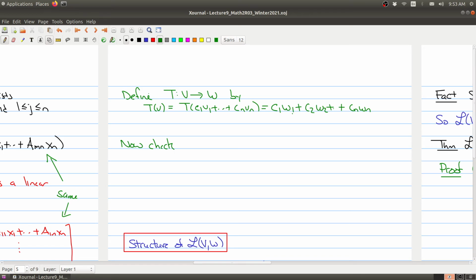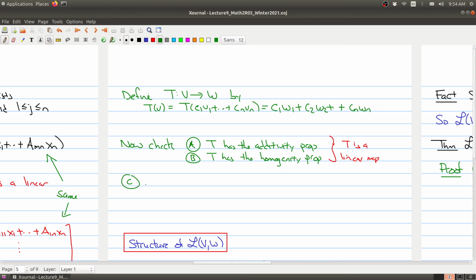And now there's a bunch of things to check, but none of them are actually difficult to check, and they're all in the textbook. You first need to check that T has the additive property. Then you need to check that T has the homogeneity property, right? So here you're just checking that T is a linear map. So what I defined up here is a linear map, so that it belongs to the set of all linear maps from V to W. And then the other thing that you need to check, I'll put it over here so I have more room,